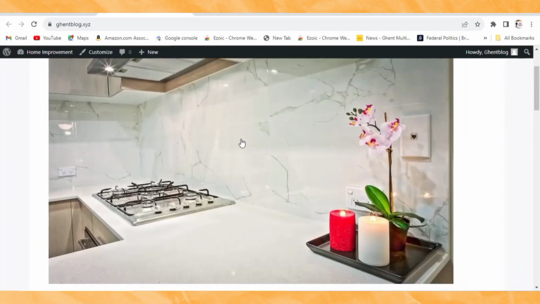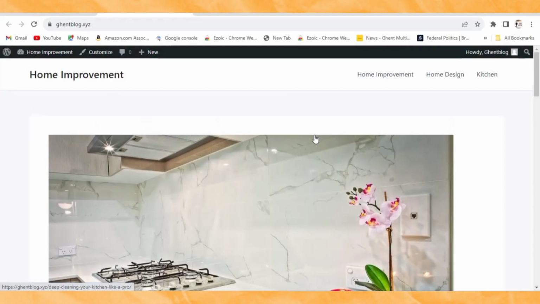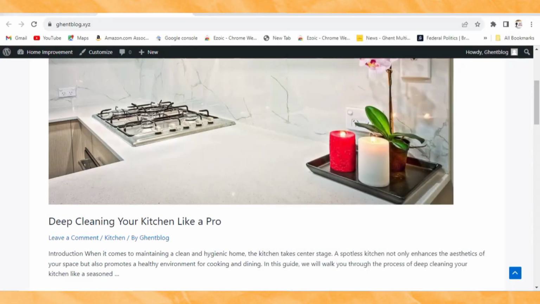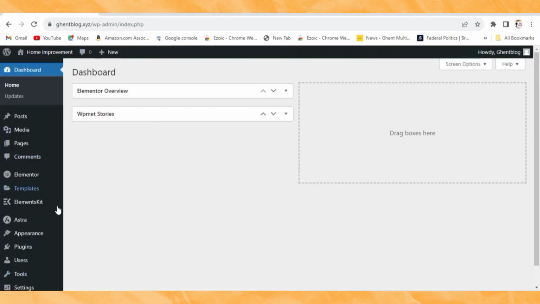So let's go back to our script and see what we need to do next. So this is what we need to do next. We have to create and design our home page. So let's quickly go and do that. So to create and design our home page, let's come to our WordPress dashboard again, and then we are going to hover our mouse on pages. So let's click all pages,